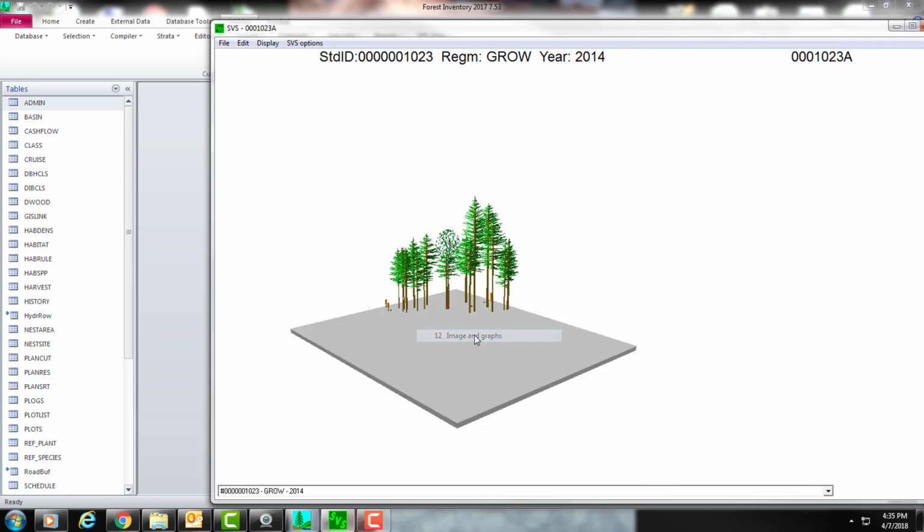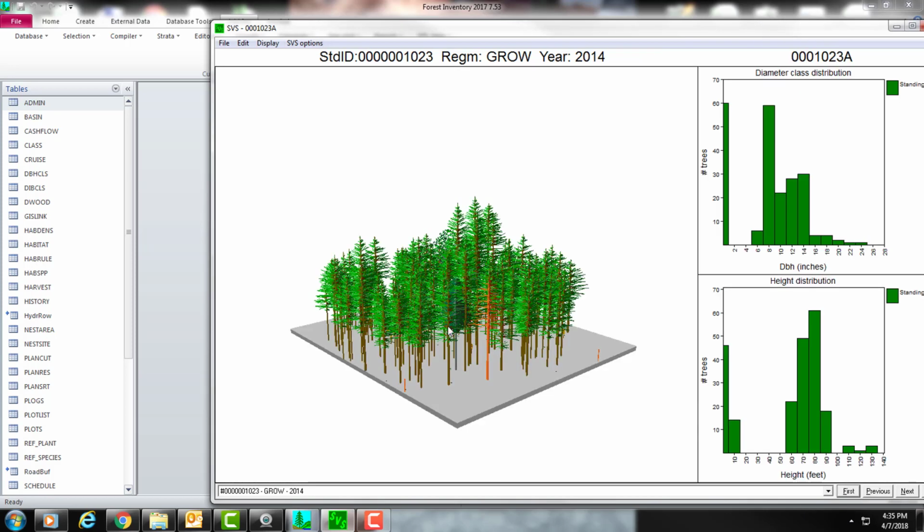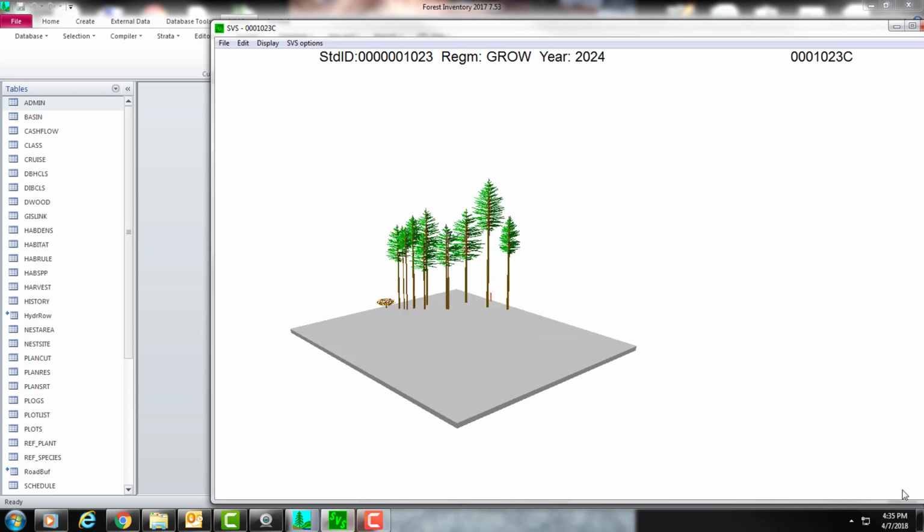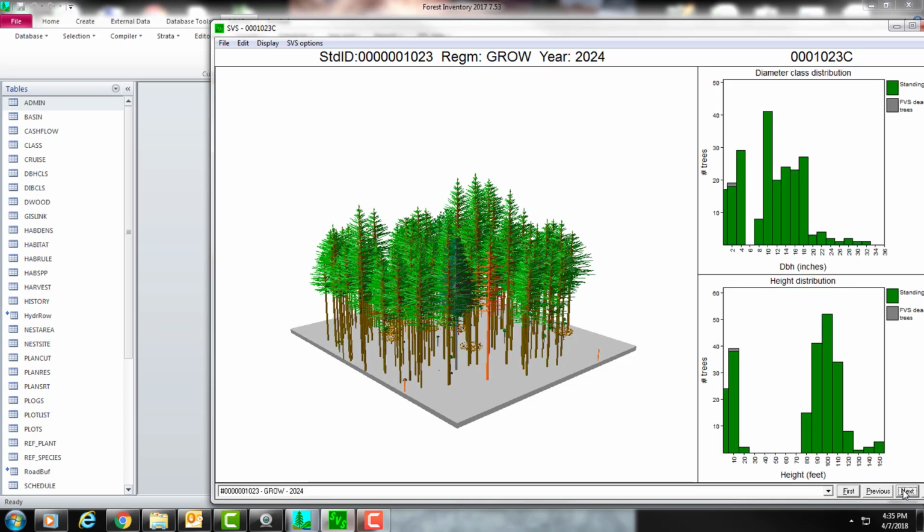If we select that, now we've still got the view of it, but we've also got some more interesting characteristics here that describe the stand in terms of number of trees per acre and the DBH frequency, as well as the number of trees per acre and the height frequency. So just like before, we can go to this Next and see the transition over time in both trees per acre for height and DBH. And if we want to go to the last one,